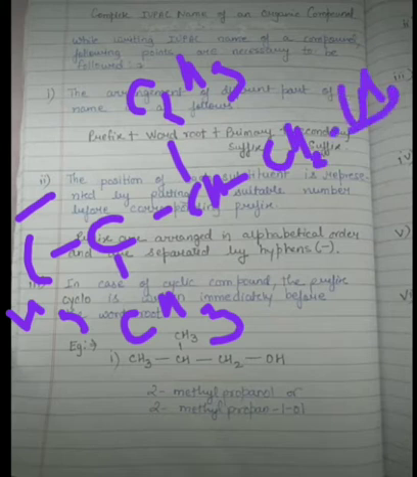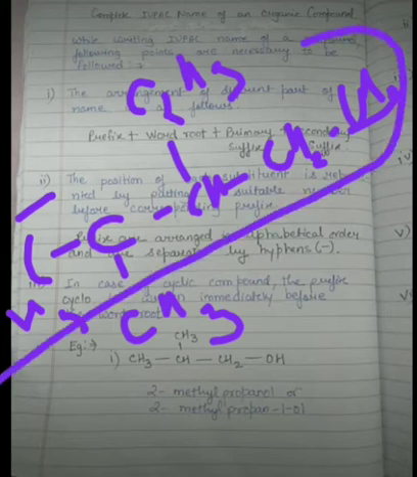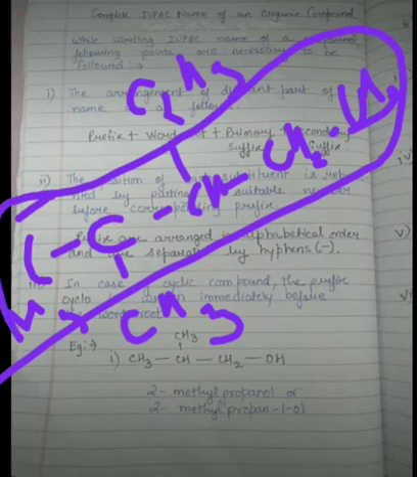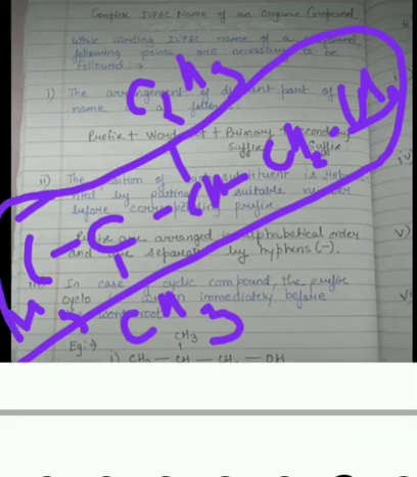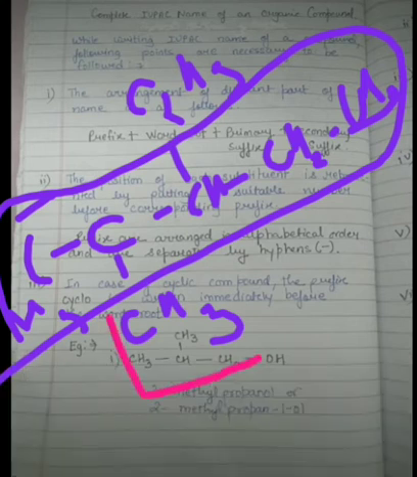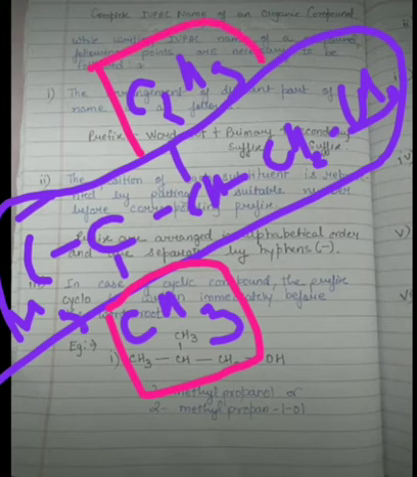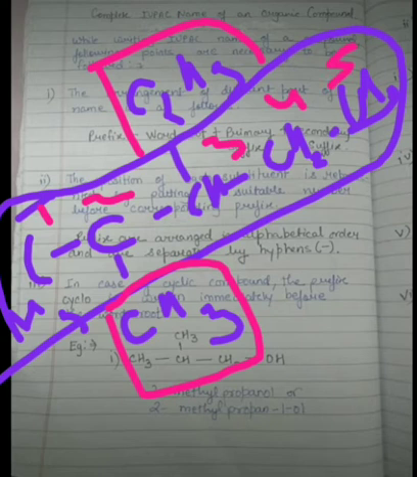For this compound, you have to firstly select the principal chain. So 1, 2, 3, 4 and 5. This will be the principal chain. After this, you can see there are 2 substituent groups. Let me change the color. You can see here is a group, that is CH3, and here is a group, that is C2H5. For numbering you can start from where the substitution starts, so you can number it 1, 2, then 3, then 4, then 5. As both the substituents are different, we cannot write di, we have to write their separate names.